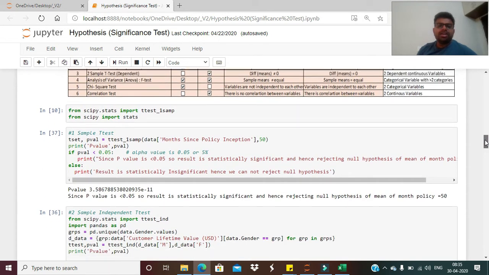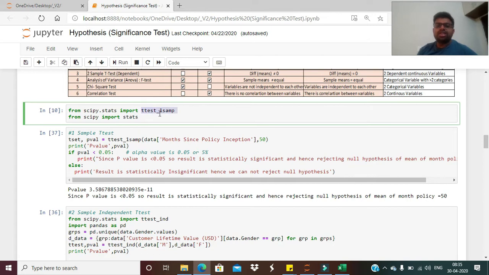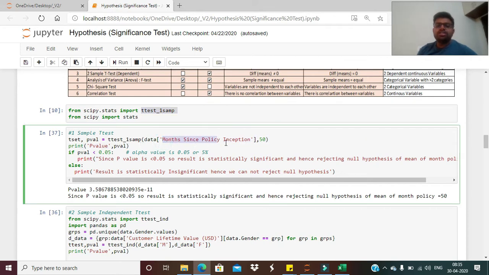So what I have done is I have imported scipy.stats, and for doing the one sample t-test I need to import this library and then the sub function of it. Suppose, for the variable months since policy inception, I just want to test whether the average month in the data is 50.